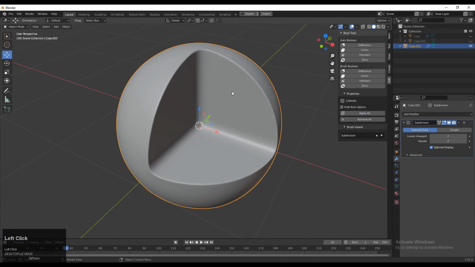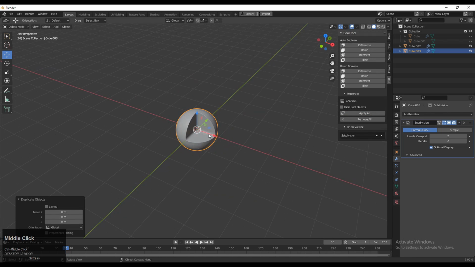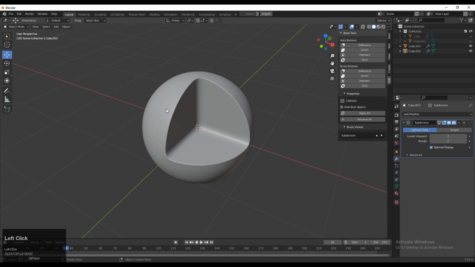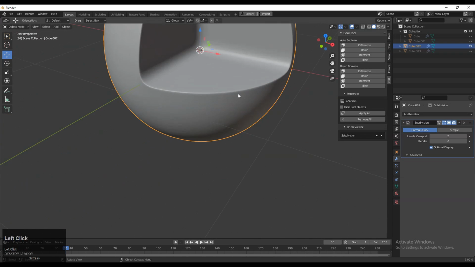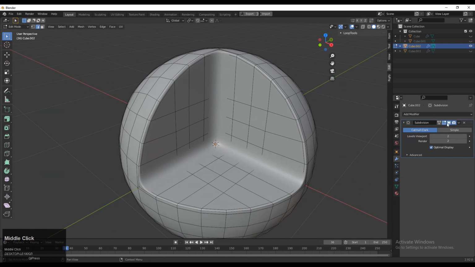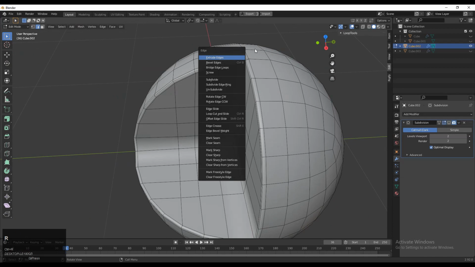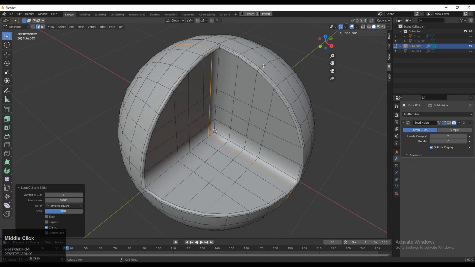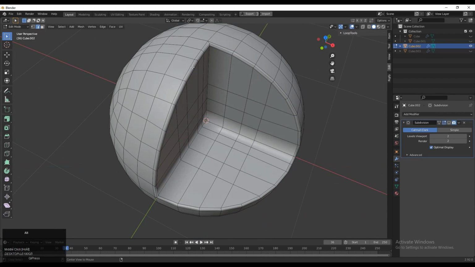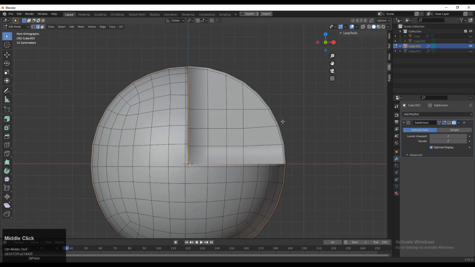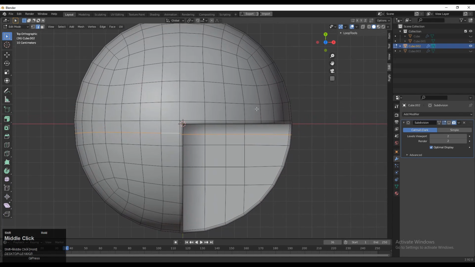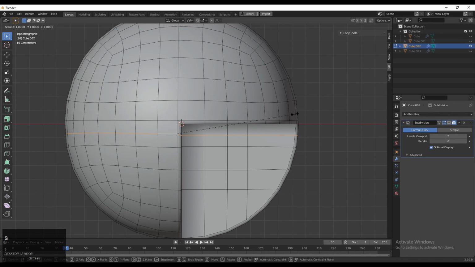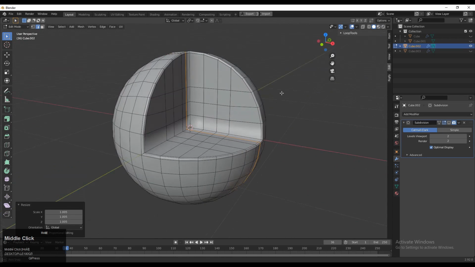So just Shift D to duplicate it and make a backup. And now we will add those harder edges on this UV sphere on that particular boolean. Okay, so Control R to add a loop cut like this and add a loop cut at the center, and then select that loop cut, and then you need to go to the top view and press Alt S to scale it along the normal, and just scale it a little bit to maintain the form of the UV sphere.